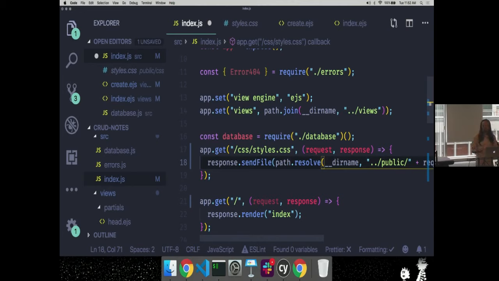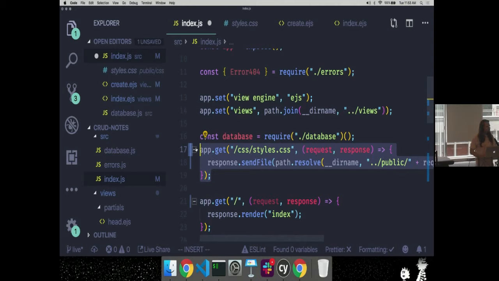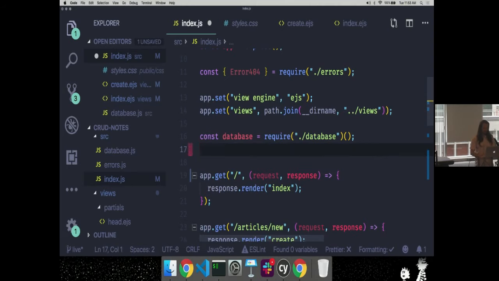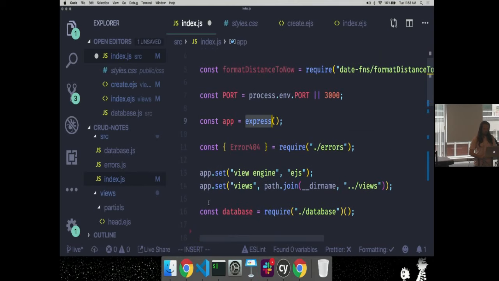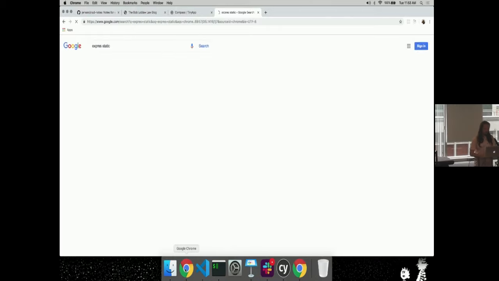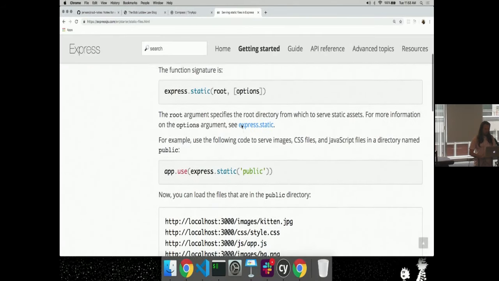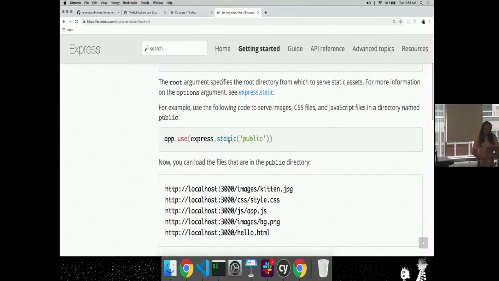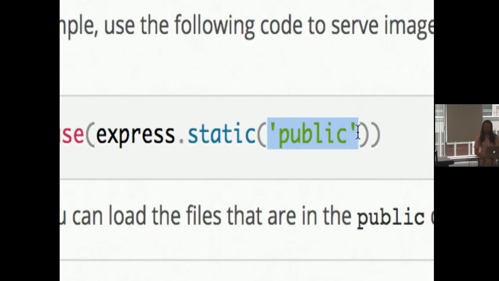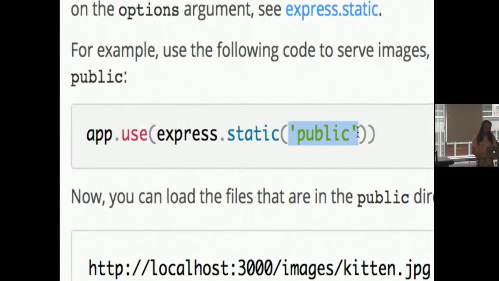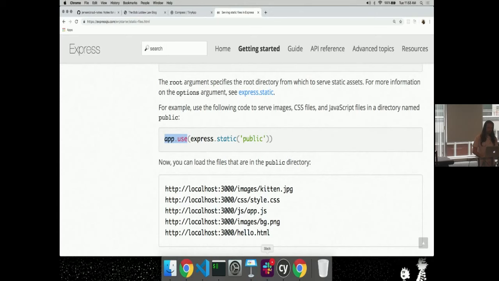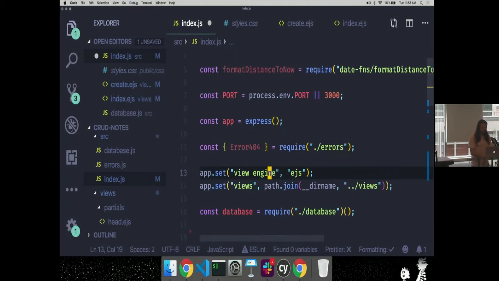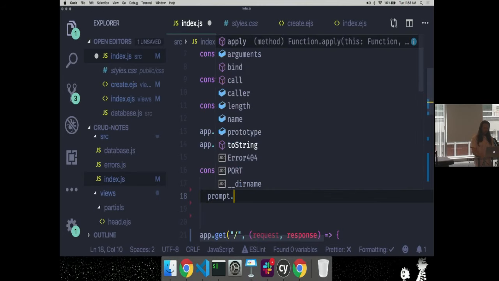So instead we would use middleware to solve that problem, where I'm not going to write a handler for public static files. Instead I'll use the middleware built into Express, which is express.static. When I go here, we can see that this is what solves my problem. My CSS will be served if I call express.static with the location, my public directory, and I use that as middleware. So here, what Express expects is for me to app.use.